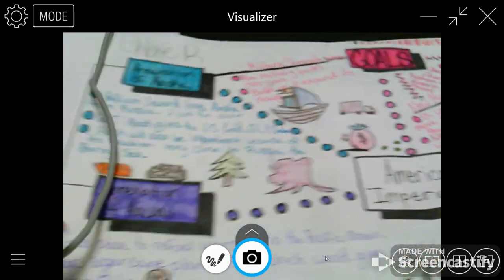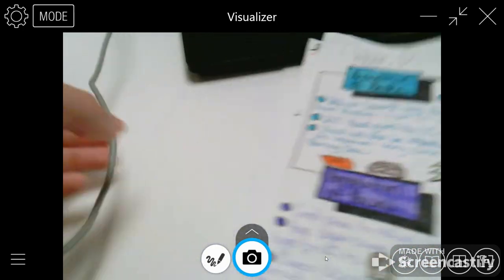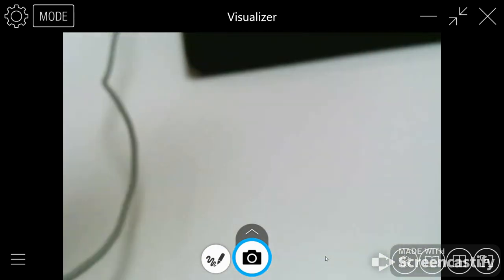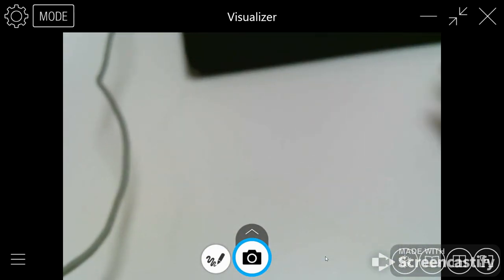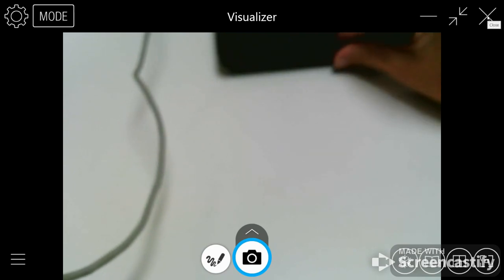So that's the gist on how to create a mind map. There are mind maps also listed, or you can find them all over my classroom on the walls, so feel free